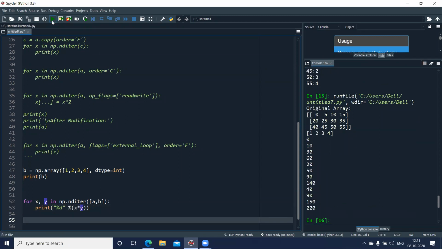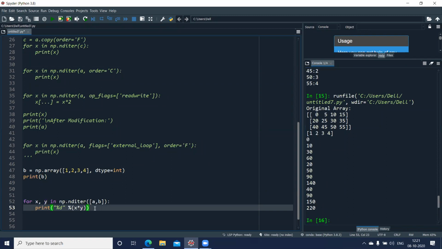Multiplying the two values, you can see it is multiplying 0 with 1, I get 0, then 30 and 60. And again it takes this value 1 and multiplies by 2, 20, sorry, and so on. So this is broadcasting using the nditer object from NumPy.